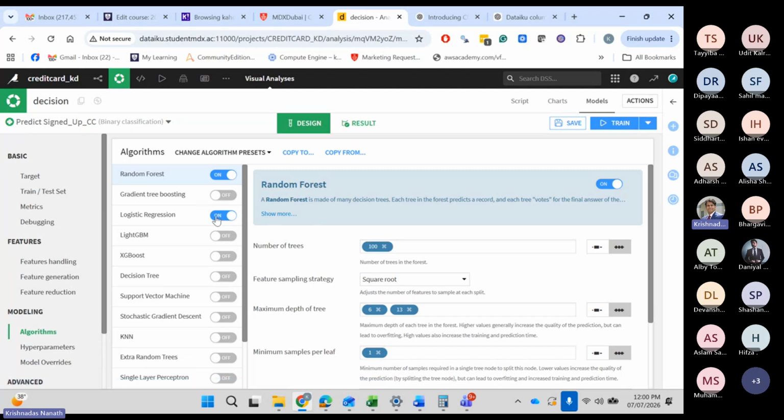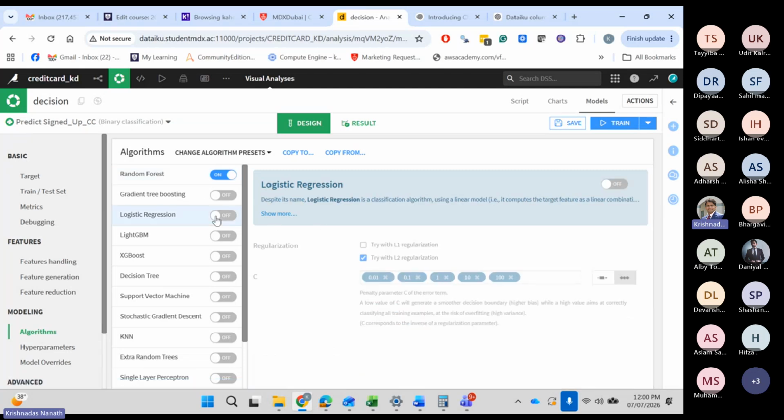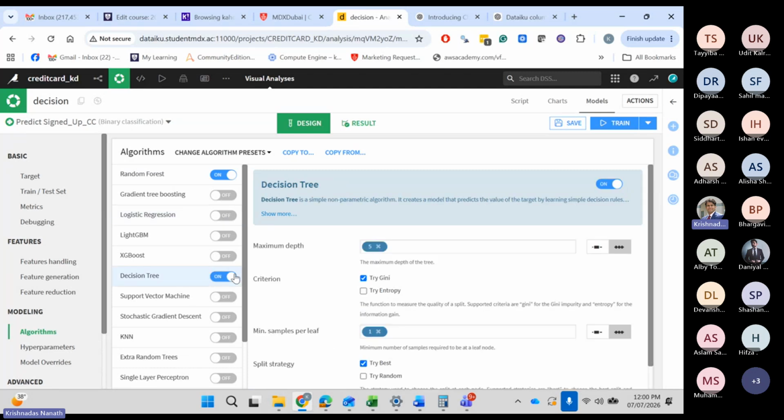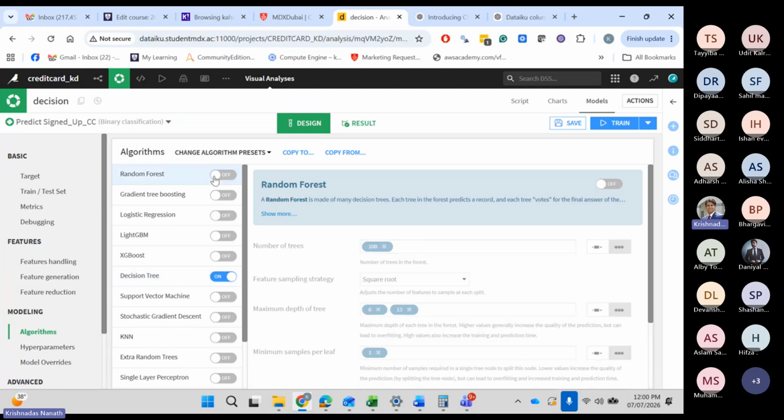Logistic, I'm switching it off as of now. Later you can, in your second trial, maybe you can switch it on. But if you want to run both together right now, you can do that. I'm going to switch on decision tree. Random forest, maybe in the next trial. Let's only run decision tree. In the next trial, you can switch on random forest as well as logistic regression and then run. Right now, let's focus on decision tree. Then it will be your homework. You can try logistic regression, compare the results, and so on.